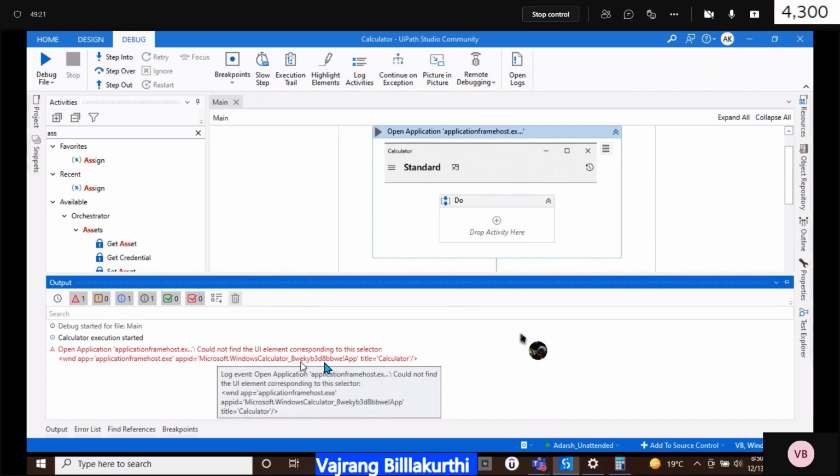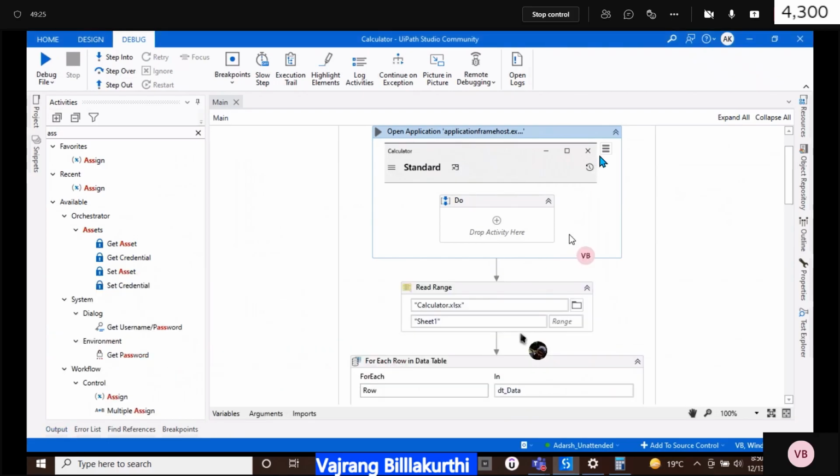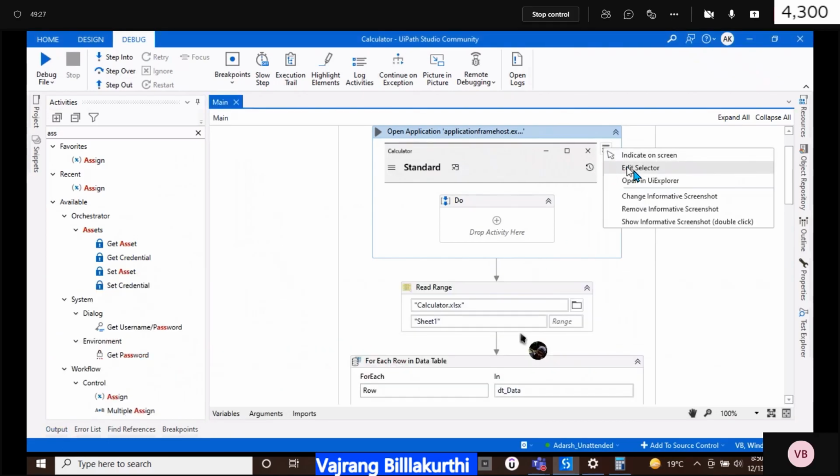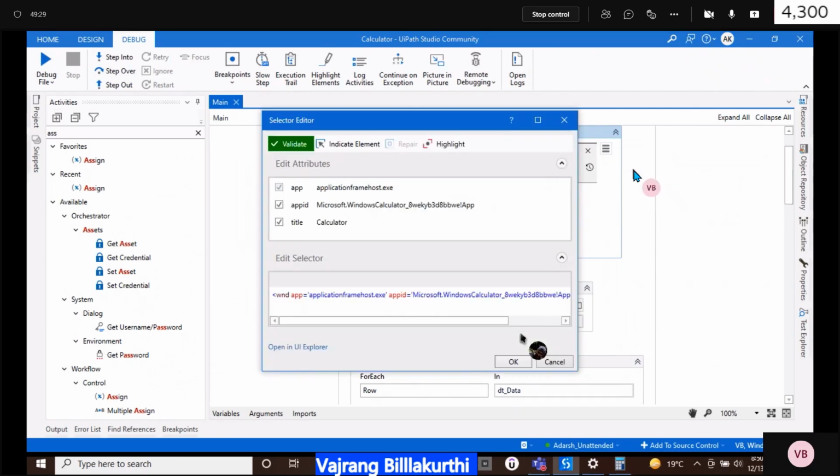We are not able to select this particular item because of this app ID. That is dynamic and changing continuously. Every opening, it will change.